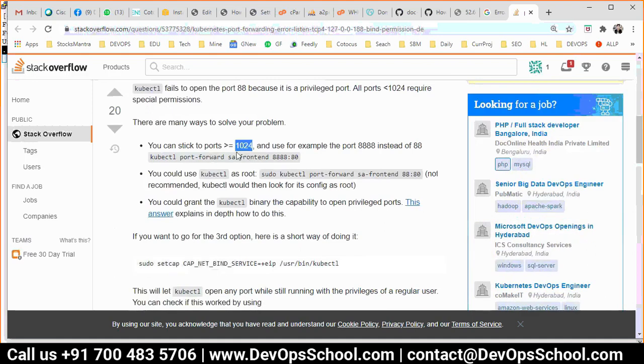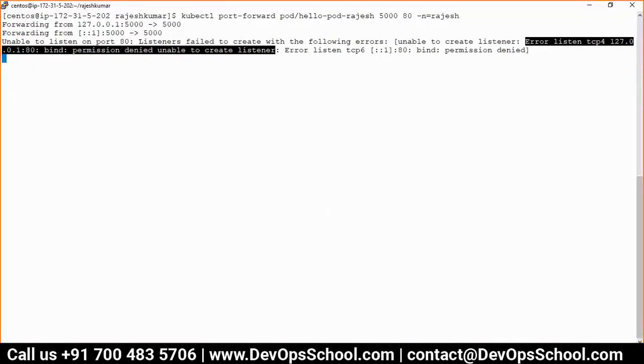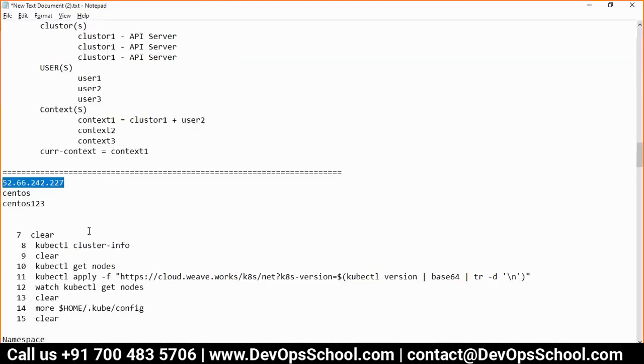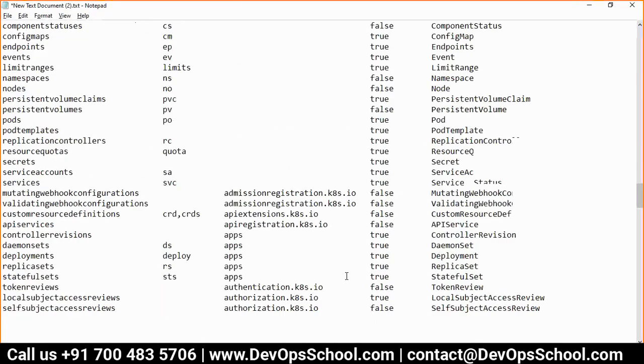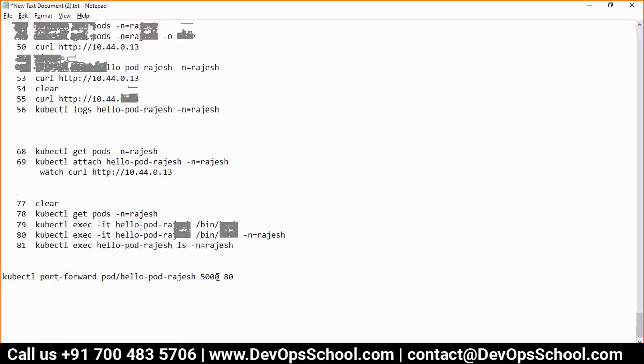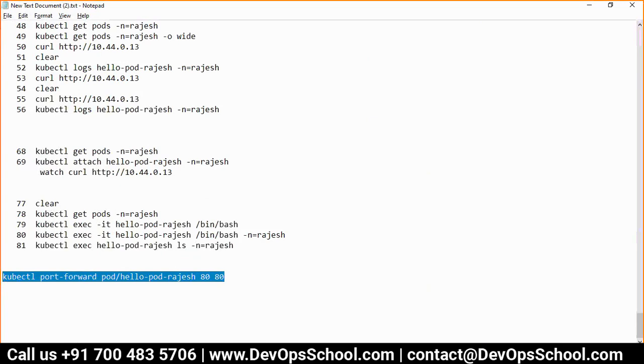Okay, so they are saying if I stick to a port less than 1024, probably that is allowed. Let me check this. So what I will do is listen to 80 only. I don't think I'm running anything on that machine.